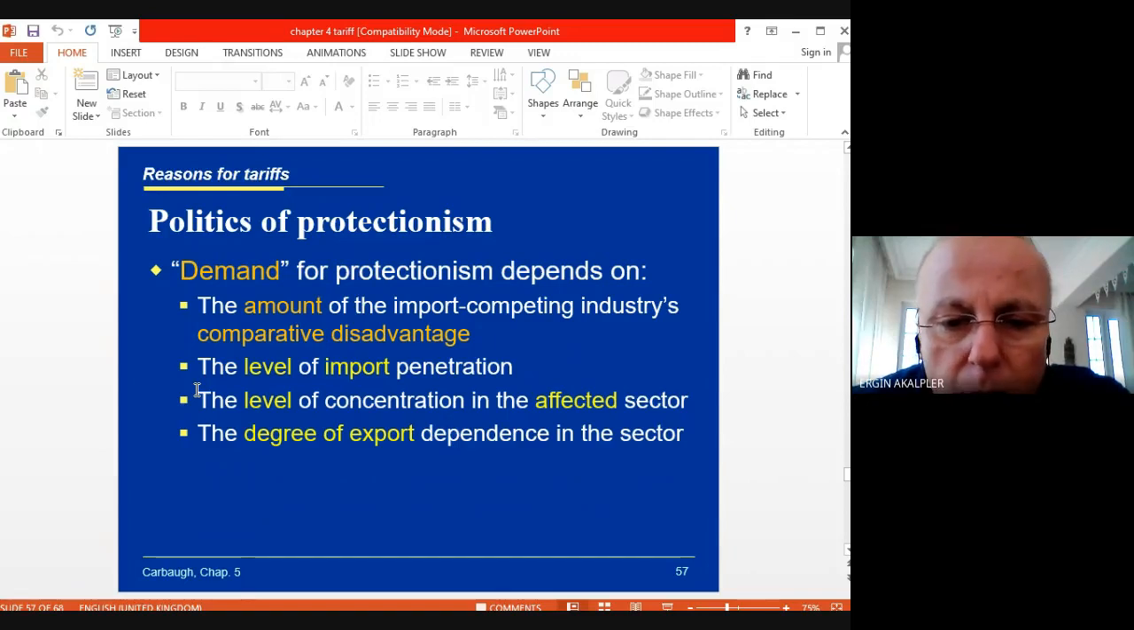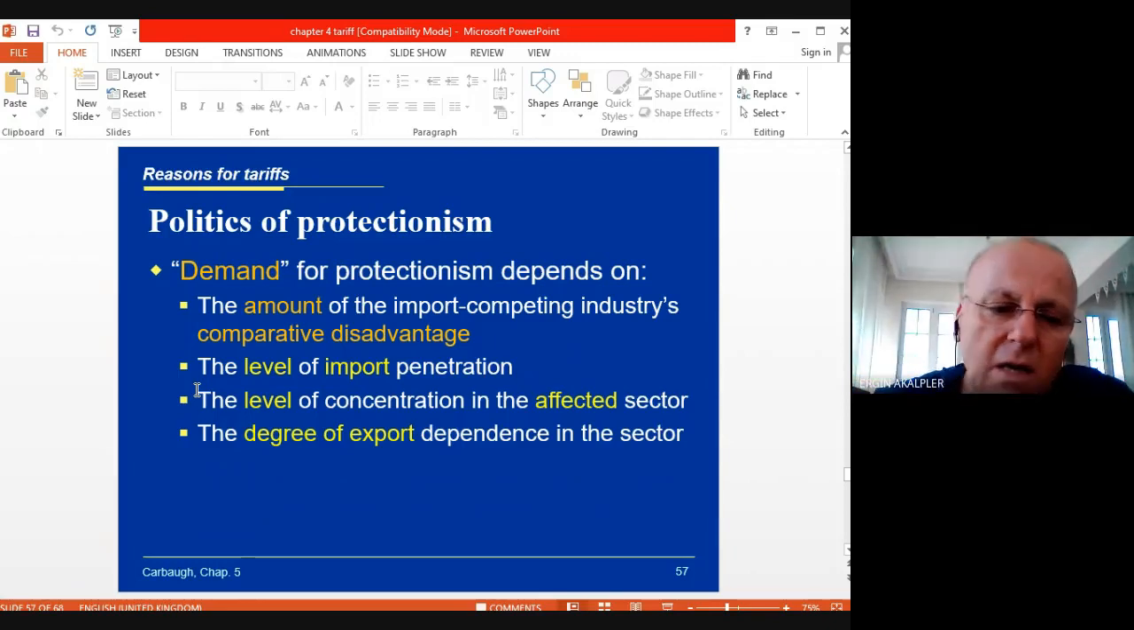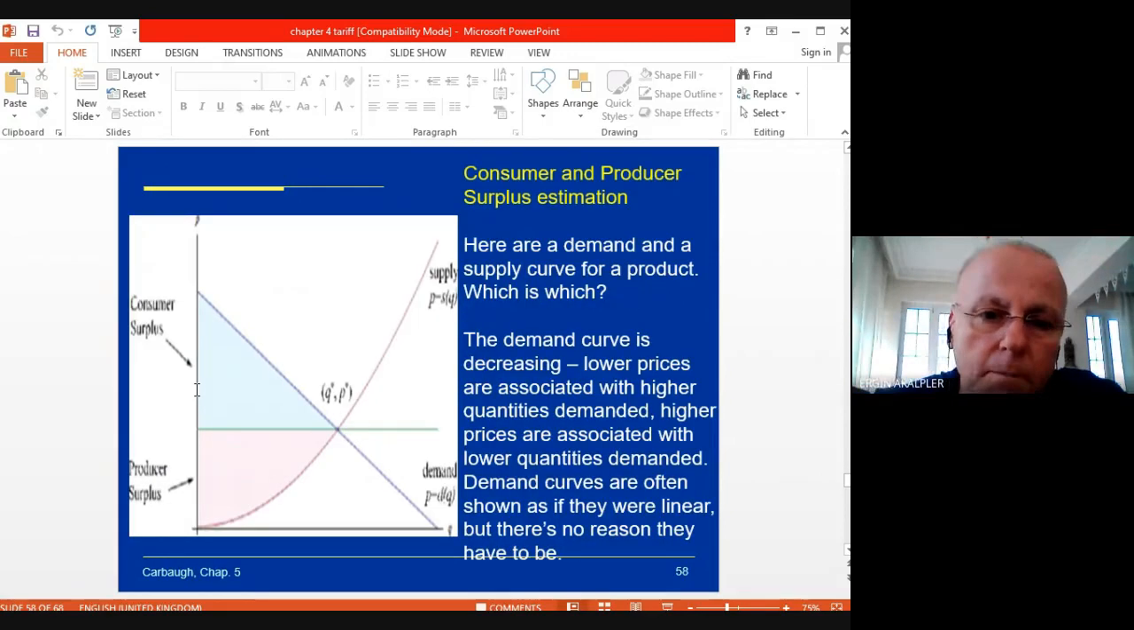And the level of import penetration is also another problem, which is sometimes creating a problem and causing some negativities to the international market. And the level of concentration in the affected sectors is also another problem. This will also create some negative effects and damage the industries which are going to be protected. And the degree of export dependency in this sector is also responsible for this, let's say, protection. Of course,